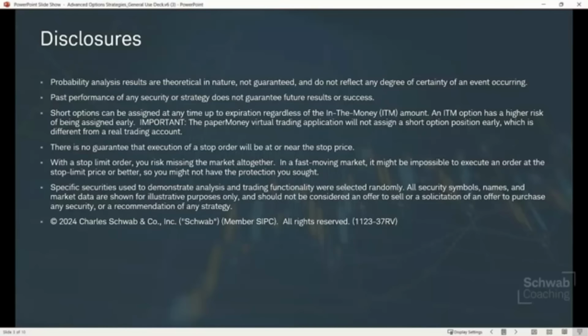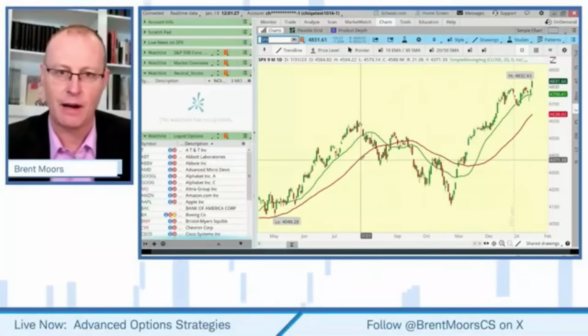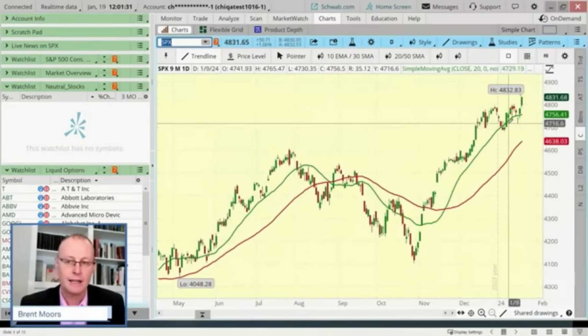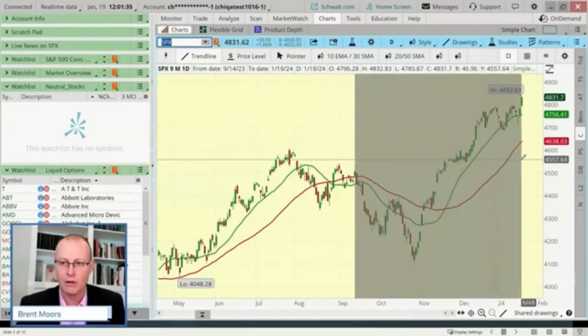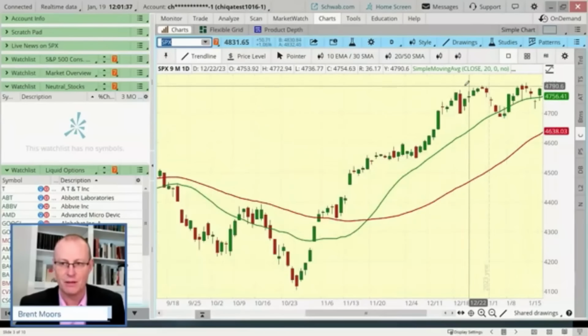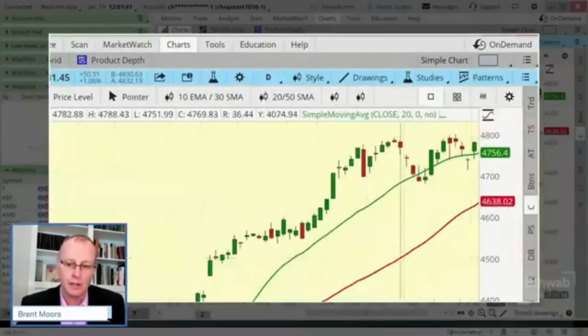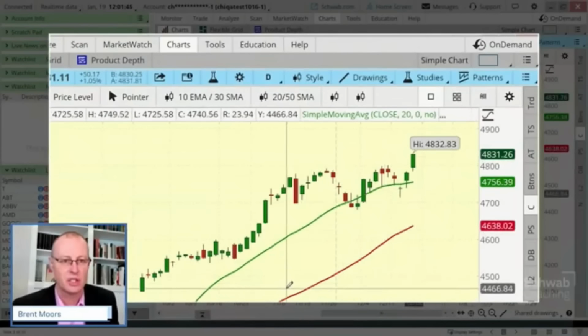All right. So let's take a look at the market real quick. Here is the S&P 500. Big, nice boost today. I think as we were looking at this, in fact, we were looking at this a few days ago, and we were going, well, is this a resistance level that we were going to be able to break through? Well, today, maybe that's the answer. This market just has some bullish resilience to it.